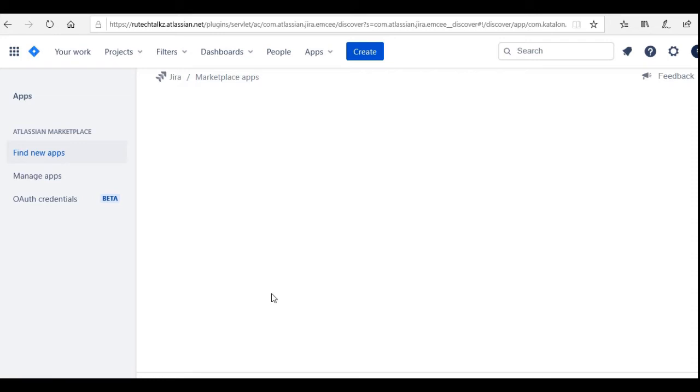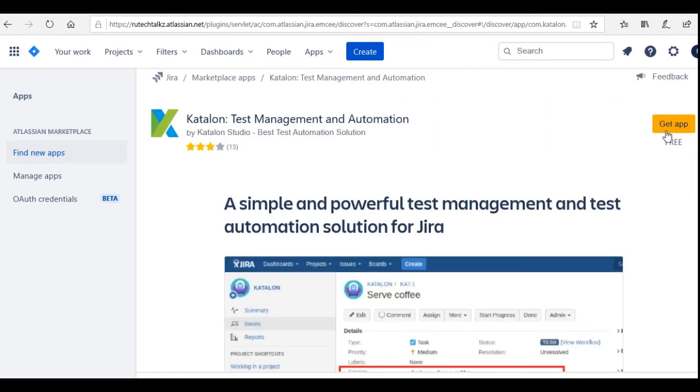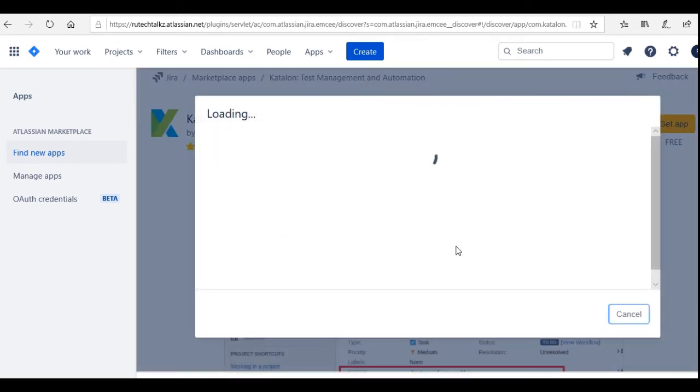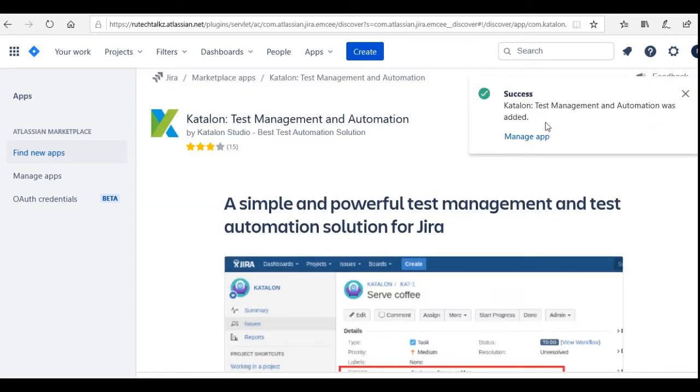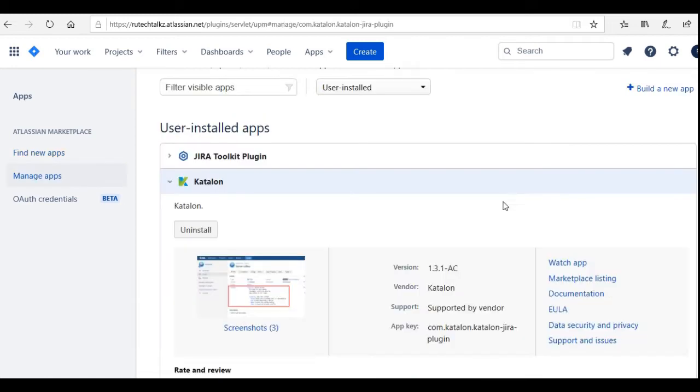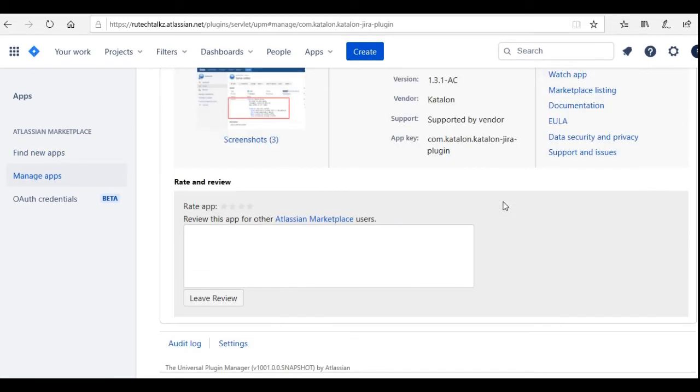Click on that and click on the get app button. Once you click on get app, click on get it now, and once it has been added, click on manage apps. You will find your app over here.